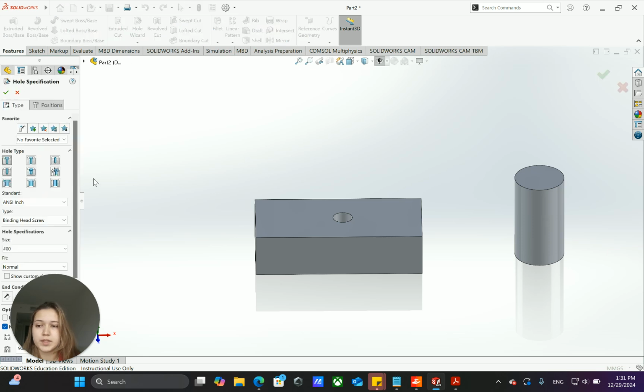Okay, Hole Wizard is usually something that you use for different types of screws. So if you're maybe in mechanical engineering or you're trying to make an object that requires screw-ins, you're probably going to want to use this option. So the way it works, it's pretty similar to the cut option. So you have to select a plane, and then you have different hole types, right? Over here, as you can see,